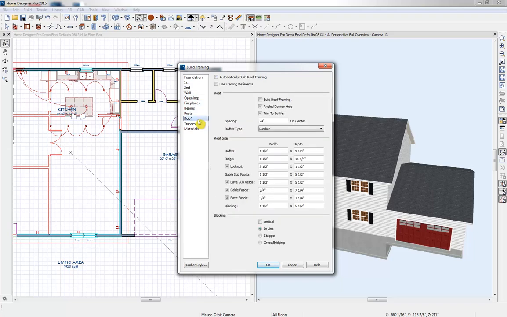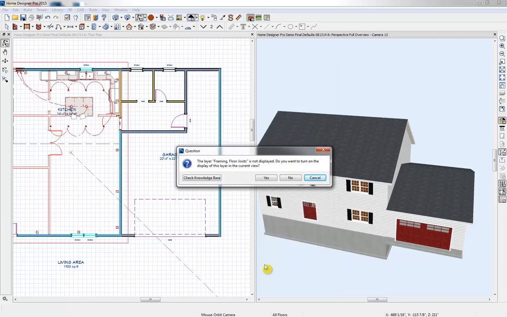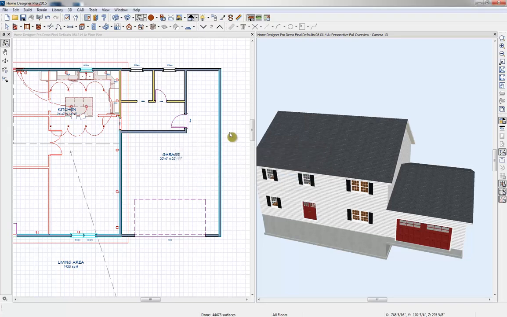I'm going to get into my roof framing though and build roof framing, and we'll click OK. As soon as I click OK, I'm presented with a dialog here that asks if I want to turn on the display of my framing in this view. I'm going to click no because it tends to clutter this plan view, so we'll just bypass these, and instead what I'll do here is I'm going to take a framing overview,